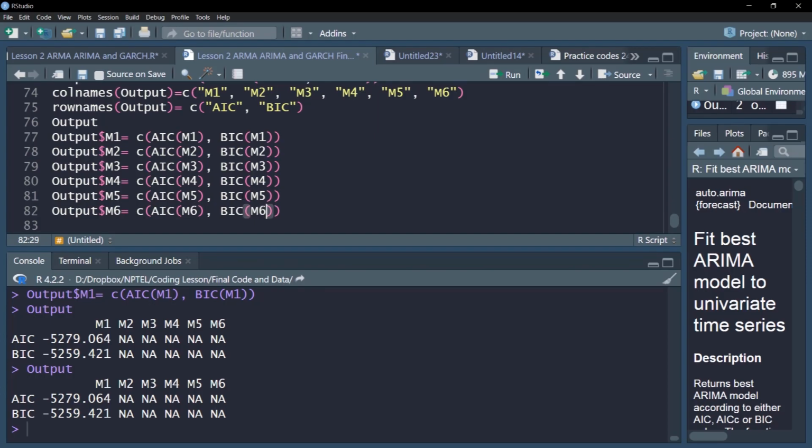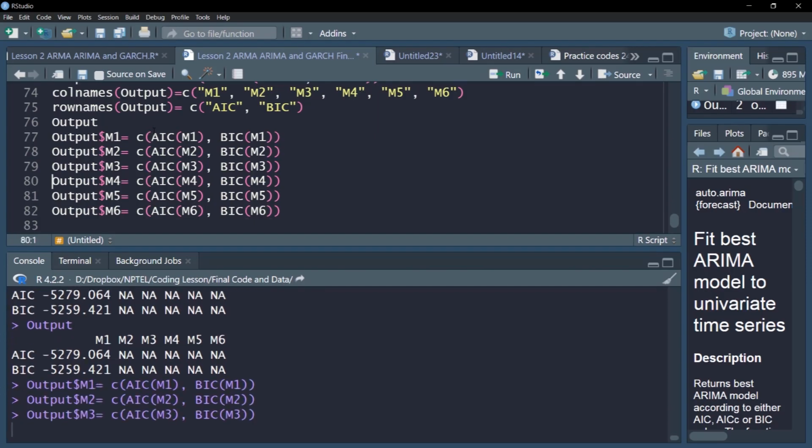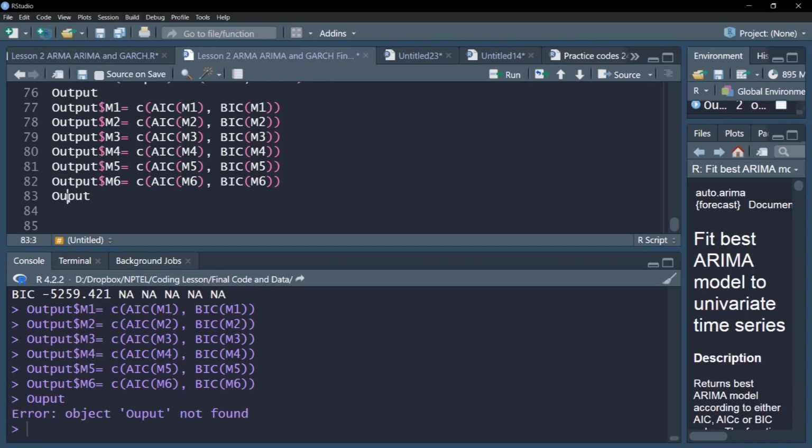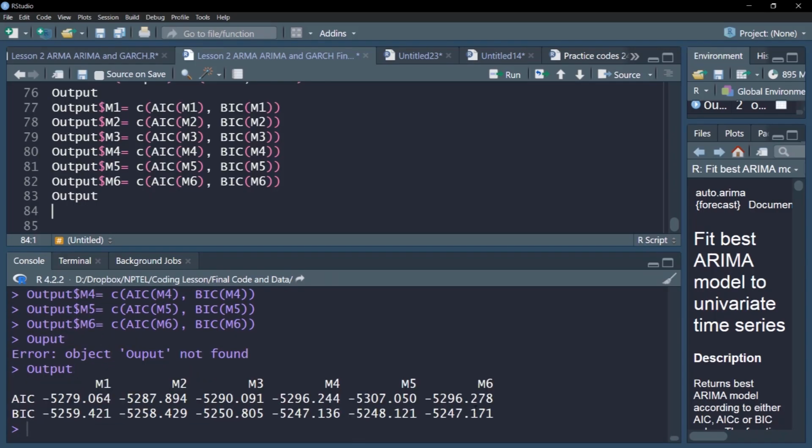So now I have my AIC BIC values nicely assigned to this output object that I had created. If I print this, you can see these values are printed.